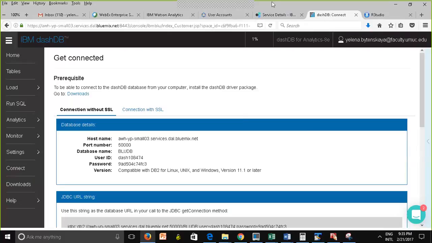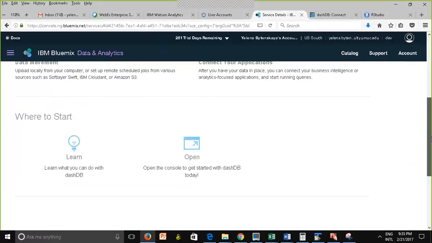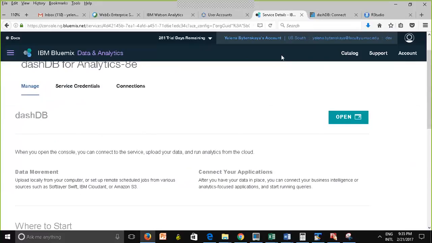So what Peter is trying to say is that if I go to the dashboard, here is my dash. This is a very good question because at some point I was surprised. Bluemix was telling me that I owe $1,000. It's because I added a service that I was trying to play with, one that would have been expensive if I put in my credit card. But I was smart enough, I did not. So never do that.